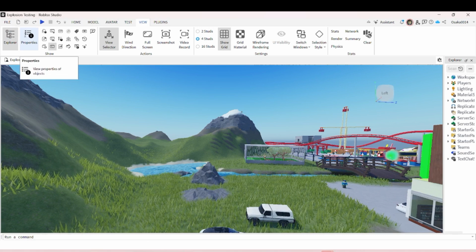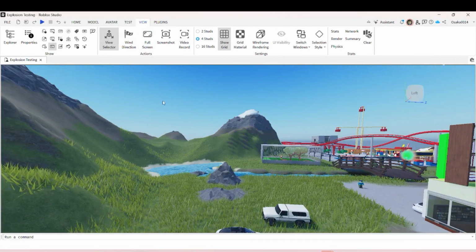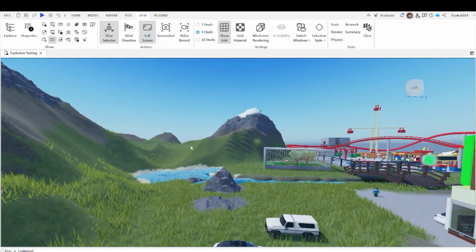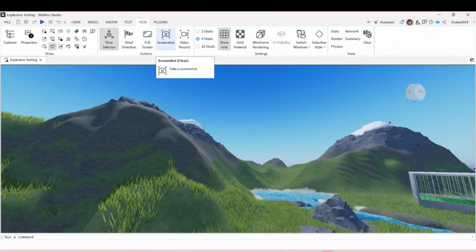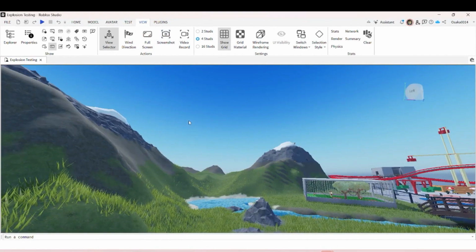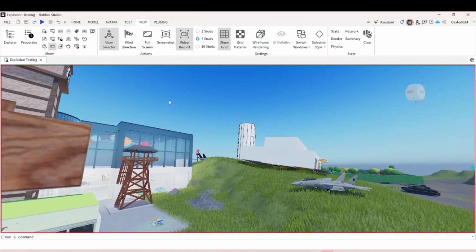or the properties of objects. So Full Screen is just giving the full screen here, the screen here as a full screen where we can see how to navigate. The Screenshot, as its name says, will take a screenshot of the server. Don't worry, it's already saved in the laptop. Video Record will record a video of the server or the world that you are